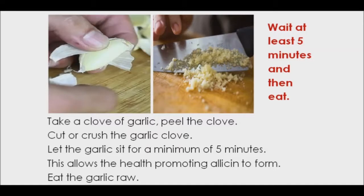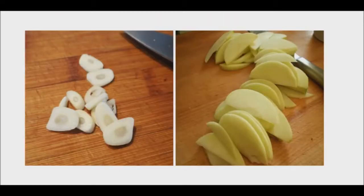Now here are a few better ways to consume raw garlic. Eat an apple and garlic. This may sound like a strange combination, but the goal is to hide the garlic, not to create a new favorite snack. Ohio State researchers discovered that raw apple can break down the compounds that cause garlic breath. Place thinly sliced garlic between 2 slices of apple, and you will manage to hide the flavor as well as